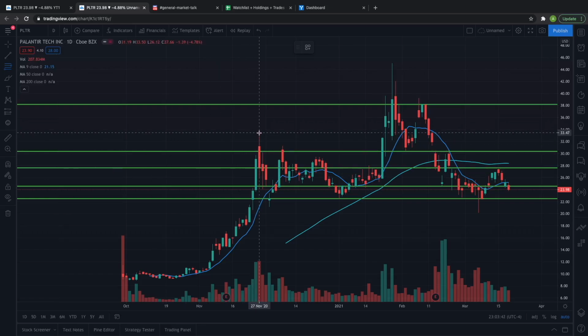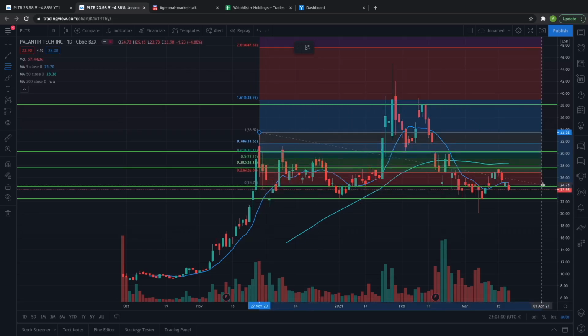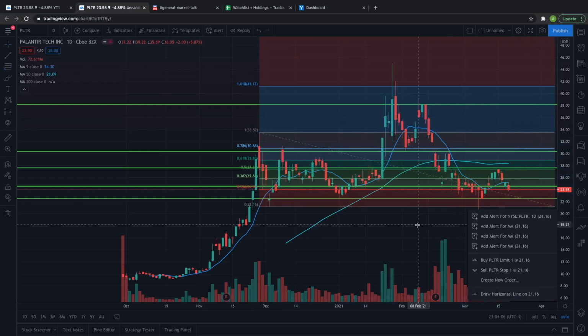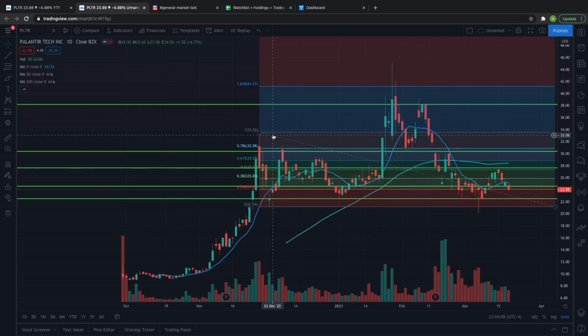So for instance, if you think that the very top of this uptrend was at 33.50, which was previous all-time highs, you can come up and click at 33.50 and then come down to the low of that trend. And let's say that you think that the low of the current trend that's going on is actually going to be the bottom of this candle at about 21.15. You can come all the way over to the side of the screen, draw down to 21.15, and you've now got a Fibonacci retracement to show you some price targets between the key price levels that